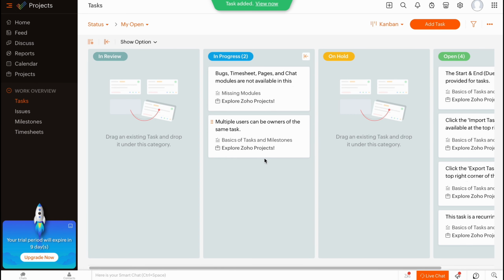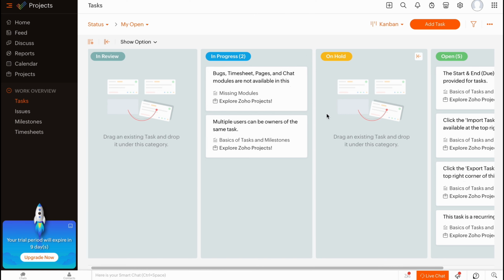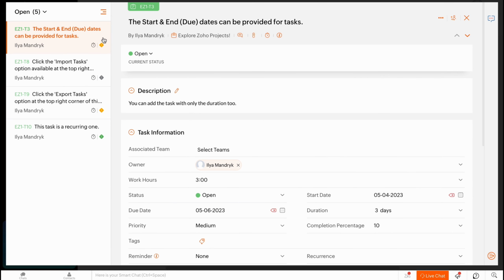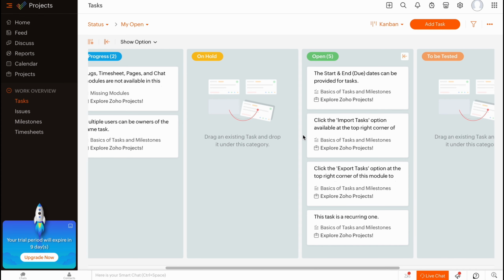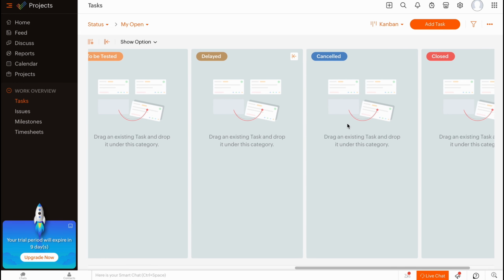And the task was successfully added. We can now view it right up here. And as you can see, the status is currently open. So let's try to find it in the open column, and it should be somewhere here. I think we can only view 5 tasks, so let's delete this one here. So yeah, basically this is how we can add different tasks to our